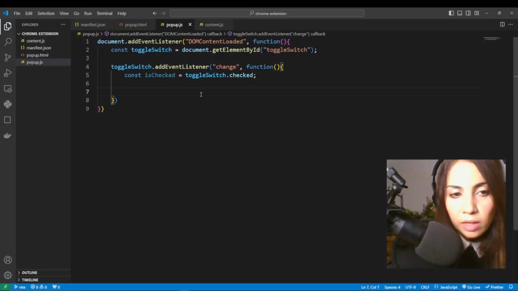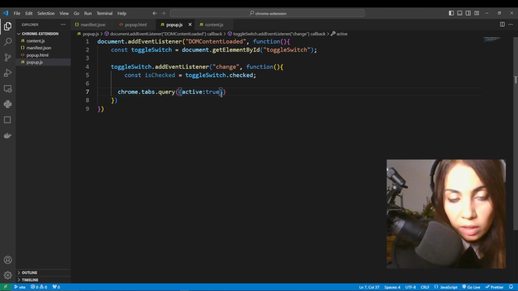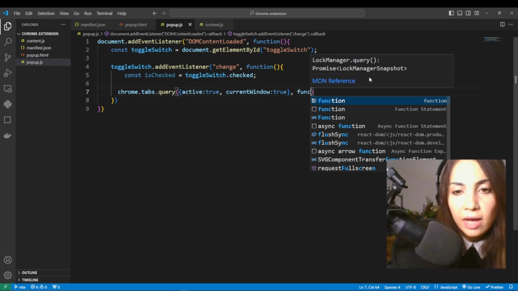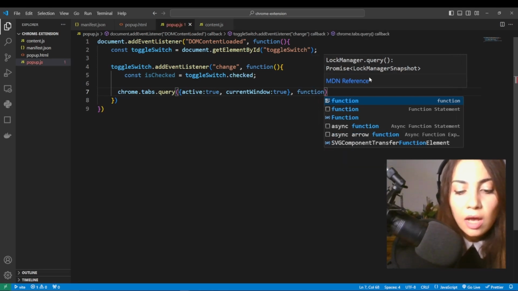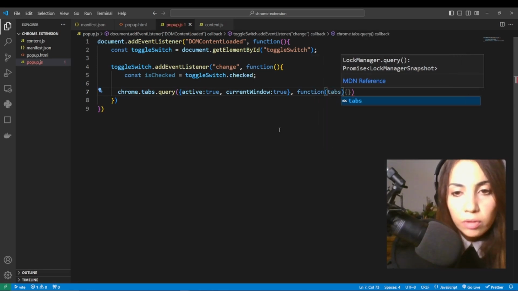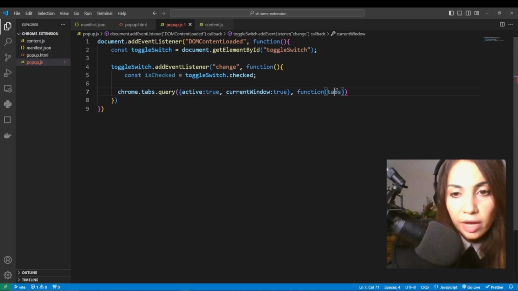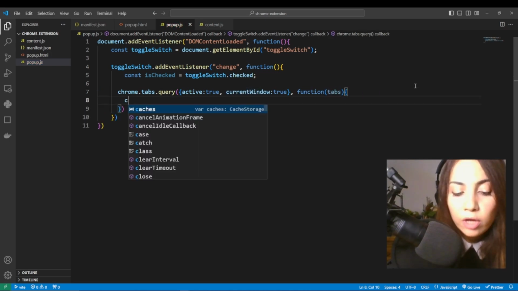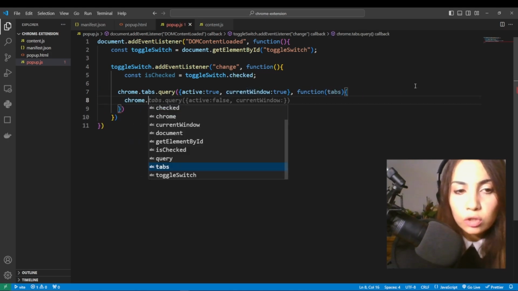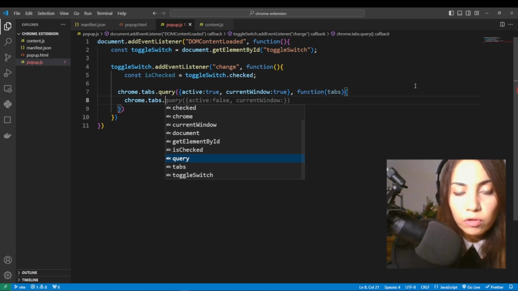Okay, so let's do it. So chrome.tabs.query, we want to set active to true. We also want to set currentWindow to true. And then we want to add a callback function that's going to take the queried tabs array as a param. And now we want to actually send the message. So chrome.tabs.send